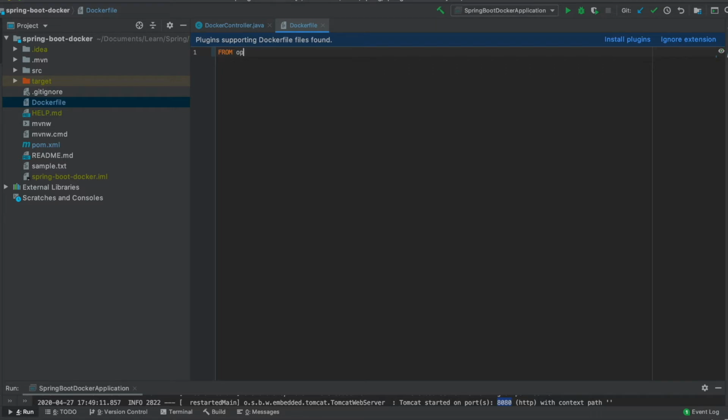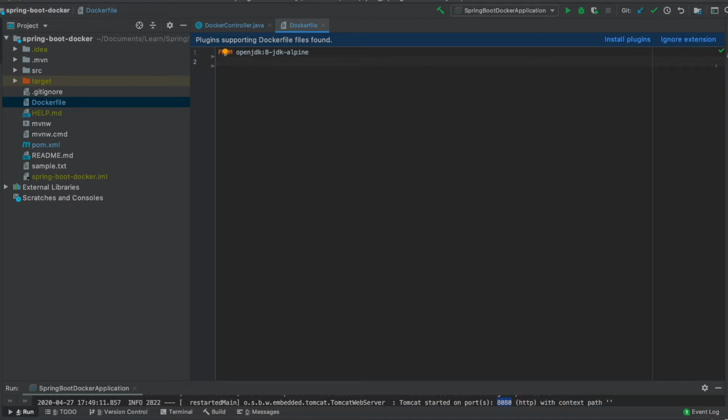So we will write FROM openjdk:8-jdk-alpine. This is the base image we want to use for this application, and this will suffice our criteria of having a JDK.